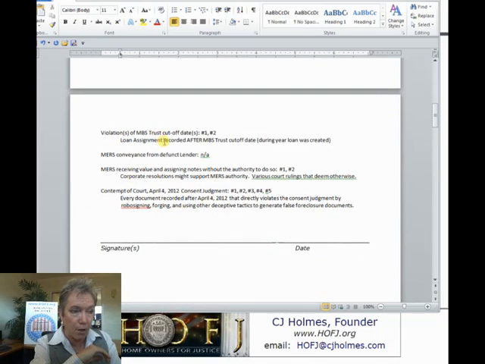Violation of the trust cutoff date. Obviously, loan assignments that are recorded after the MBS trust cutoff date are illegal. They violate the pooling and servicing agreement, and we need to have that quoted down there in our statements, so that literally any attorney, any prosecutor, any owner, any activist, and any media person can read the law. Let's get the law out there in an understandable manner so that they can go, wow, yes. Tell me your feedback on connecting those laws with those items.